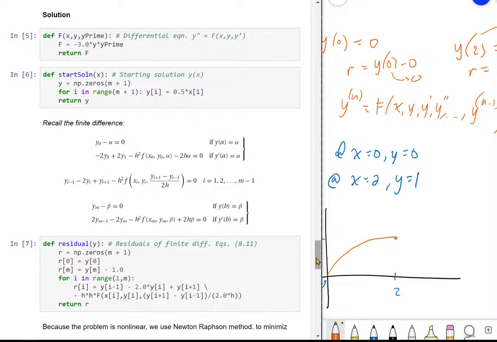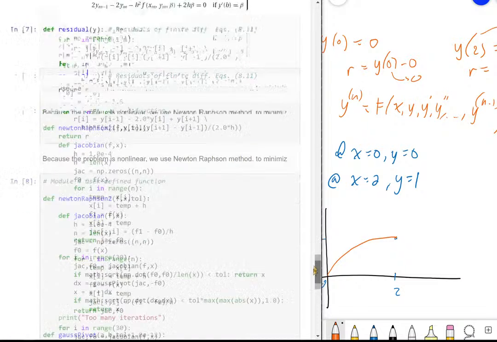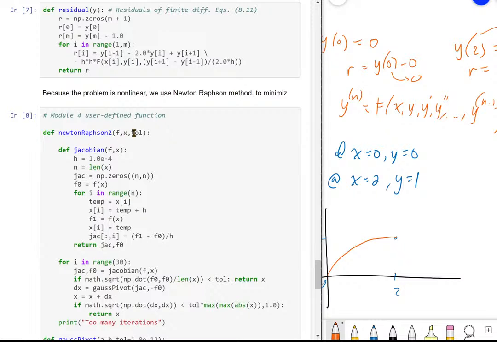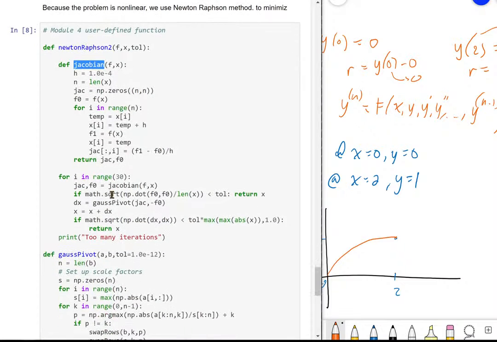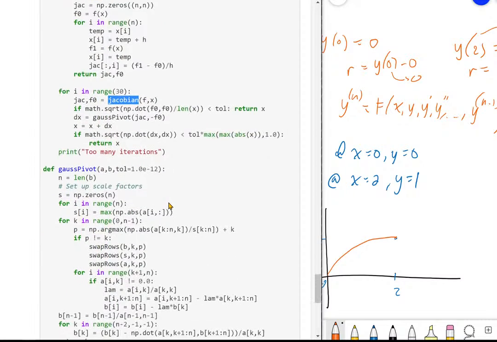But it's good enough to understand that our goal is solving using, you can recall the Newton-Raphson in module number 3, if I'm not mistaken. We use the Jacobian, and we get the solution by using the Jacobian, so the first order,